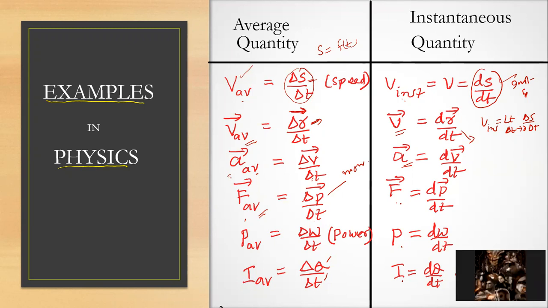Vector. What are you saying? Vector quantity, sir. What do you mean by vector quantities you're asking? I'm asking about average and instantaneous quantities. Acha, you took the word quantity and said one more vector quantity. Here also we got vector quantity, no? This is a vector quantity, this is a vector quantity, this is a vector quantity. You missed my point. Yes, sir. Missed the point.